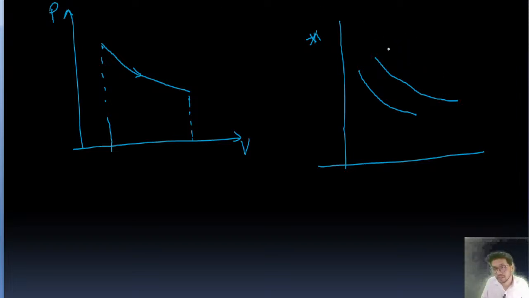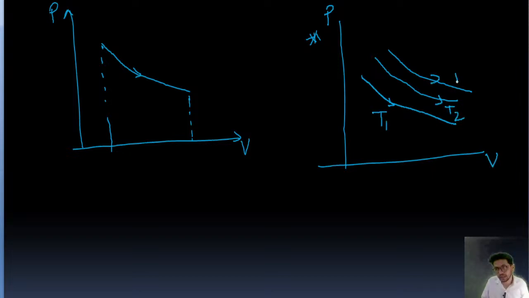These curves are given. This is at temperature T1. This curve is P versus V, at temperature T1. This curve is at temperature T2, and this curve at temperature T3, and we have to find